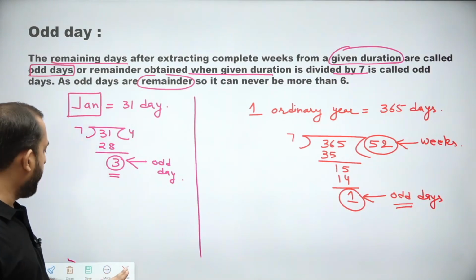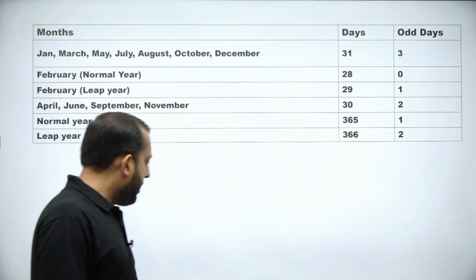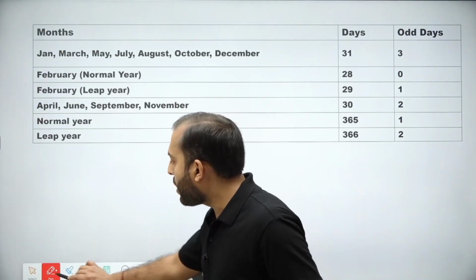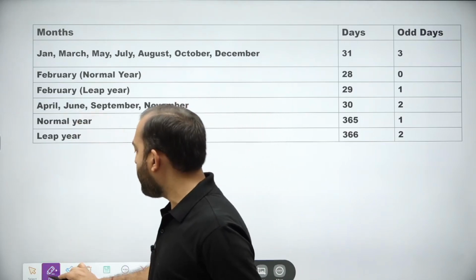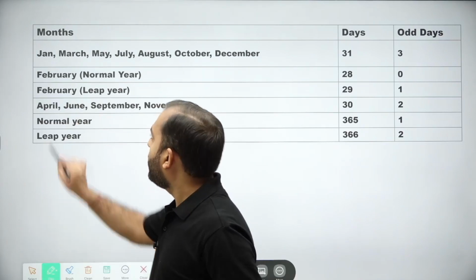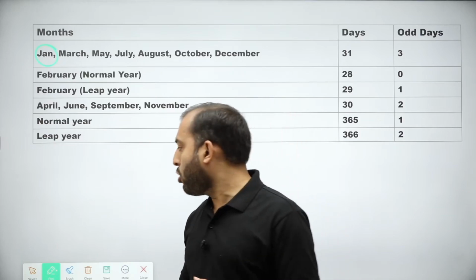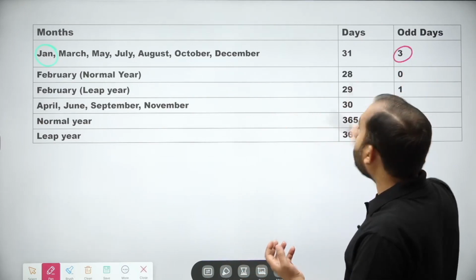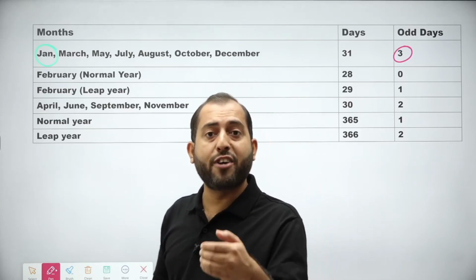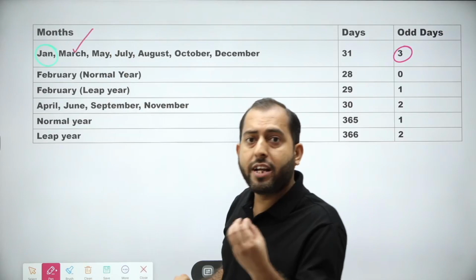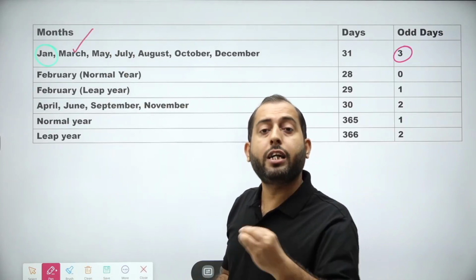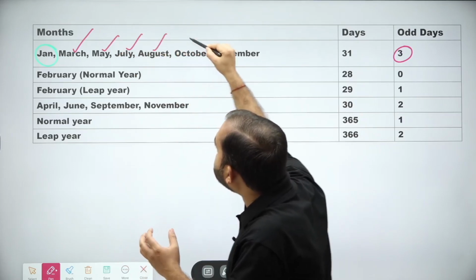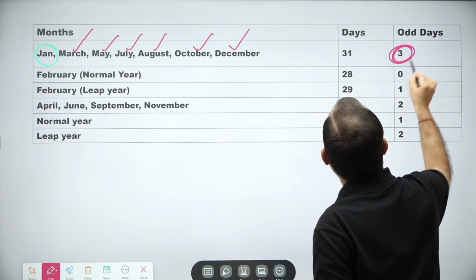Now let's move on. So this is the count of number of odd days related to months, as I have told you earlier. See, if you talk about the month of January, total number of days in the month of January are 31. So if you divide 31 by 7, remainder obtained is 3. Hence, number of odd days in the month of January are 3. Similarly, total number of days in the month of March are 31. 31 when divided by 7, remainder is 3. So in the months of January, March, May, July, August, October, December, total number of odd days are 3 in every